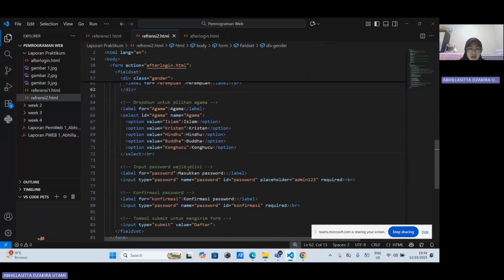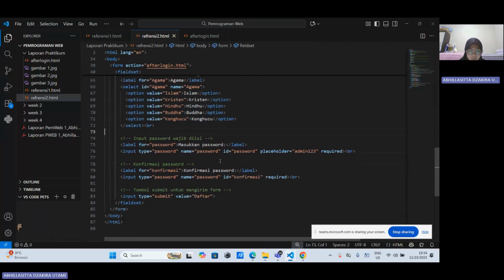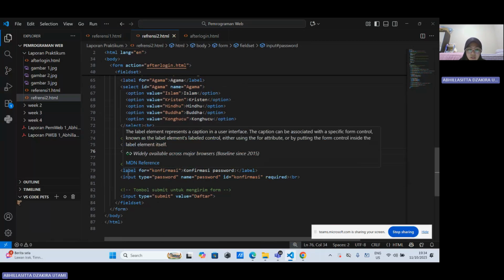In this one, I use a label again for choosing religion. In this religion option, I add the many religions that exist in Indonesia. Then two password fields: one for entering the password, and the other for confirming the password.